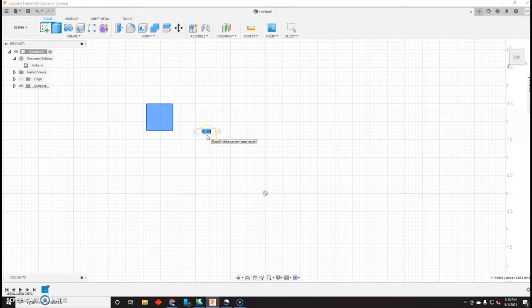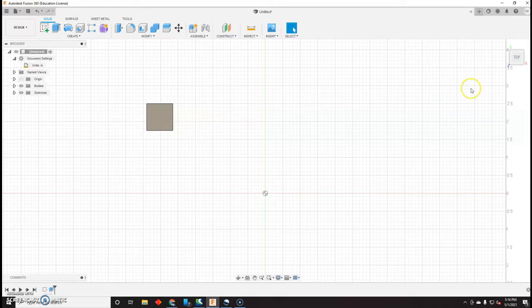So if I have a cube that is 3/4 of an inch on all sides, my height or my extrusion depth is going to need to be 0.75. And then hit enter. Now from this angle, it doesn't look like anything changed, but that's because I'm looking at it from the top